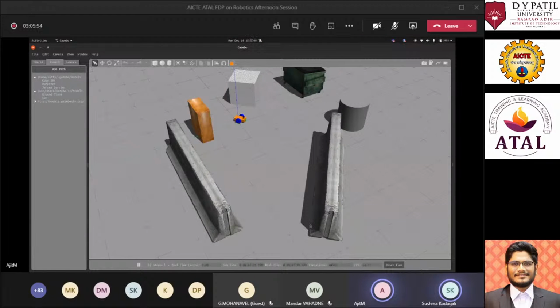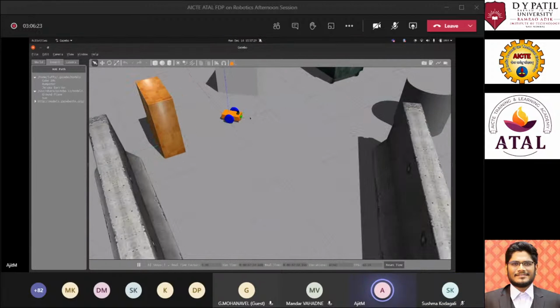So let's say you have an arm robot and you want to make coffee using that arm robot, so you will have a world of a cafe around it, and you can create that cafe world as well. If you don't want to create it in Gazebo and you have created it somewhere else, you can import it into Gazebo as well. Okay. Thank you. Yeah.